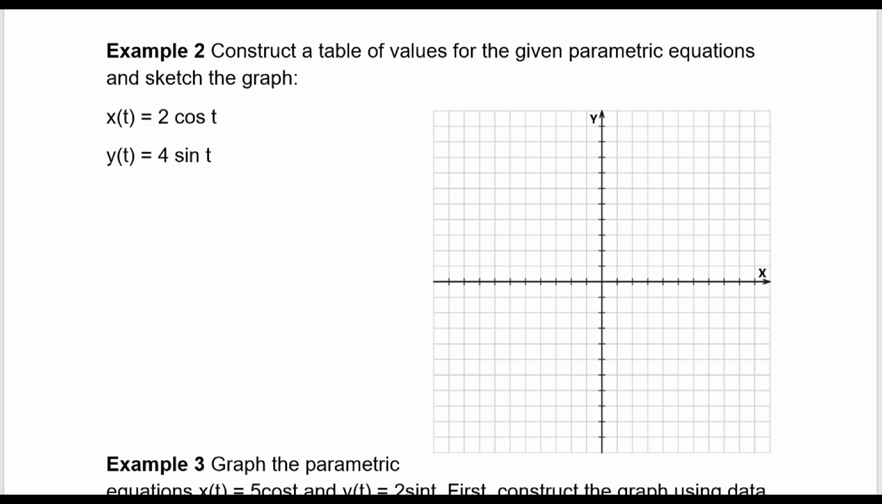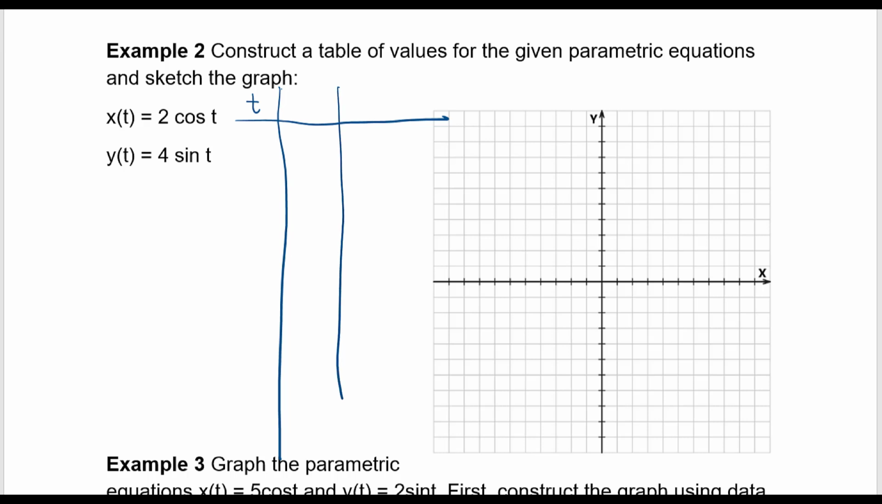Example 2, we are going to construct a table of values for the given parametric equations and sketch the graph. Okay, so let's see here. I'm going to go with t, x of t, y of t. So we'll do these in terms of